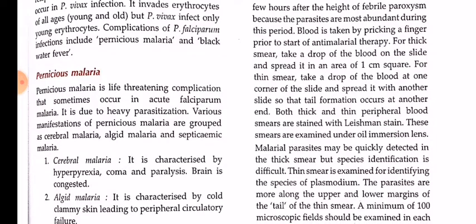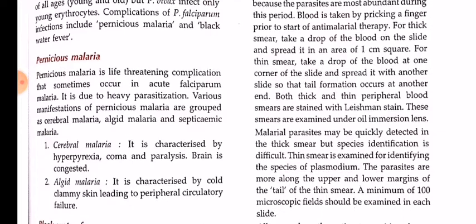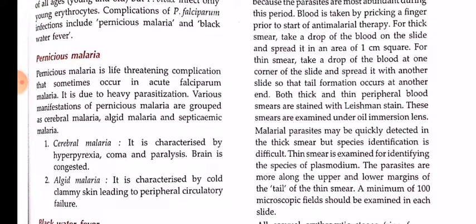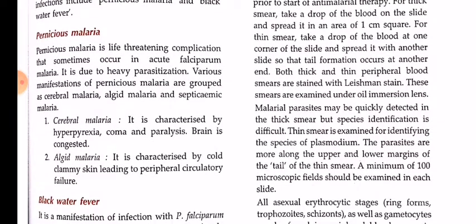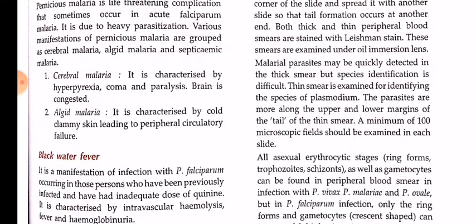Malarial parasites may be quickly detected in the thick smear, but species identification is difficult. Thin smear is examined for identifying the species of Plasmodium. The parasites are more along the upper and lower margins of the tail of the thin smear. A minimum of 100 microscopic fields should be examined in each slide. All asexual erythrocytic stages, ring forms, trophozoites and schizonts as well as gametocytes can be found in the peripheral blood